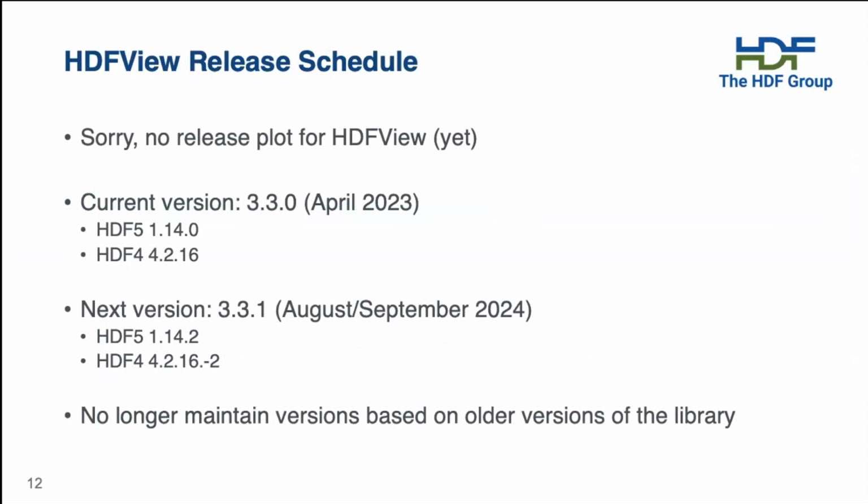And then the HDF5 release schedule, I don't have a pretty PlantUML graph yet for that, but I'll get one up there. The current version is 3.3.0, that came out in April. It's based on 1.14.0 and 4.2.16. The next version will be 3.3.1, which will come out shortly after we get 1.14.2 out the door. And that'll be based on 1.14.2